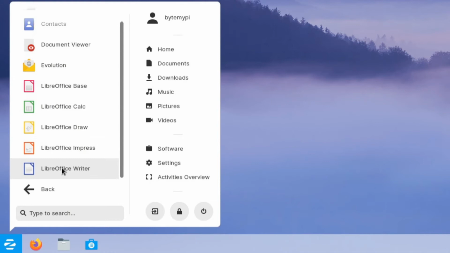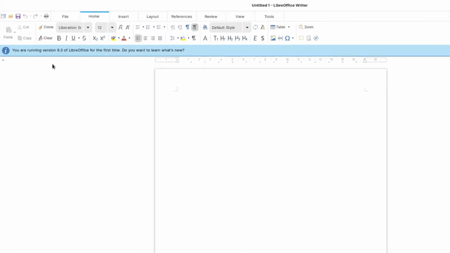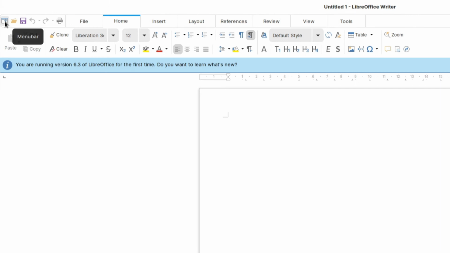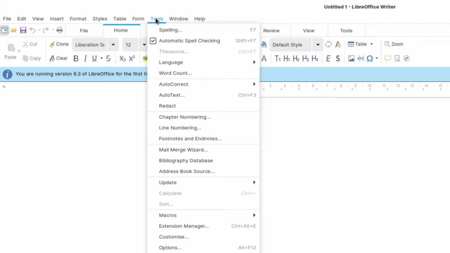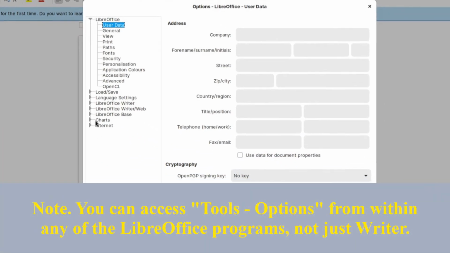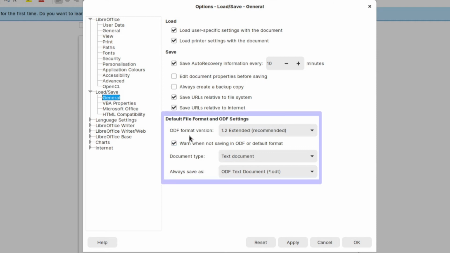So let's do that now. If we launch LibreOffice Writer, and then if you click this little icon at the top left to show the menu bar, we can now go to the Tools drop down list and click Options. And then if you expand this little load save section and click on General, here you can see the default